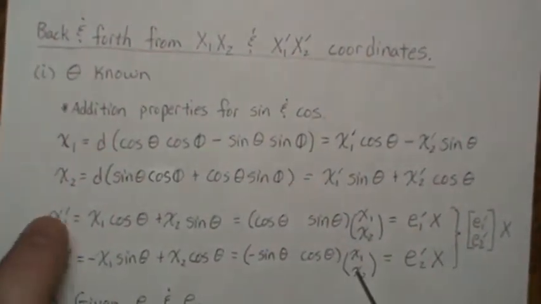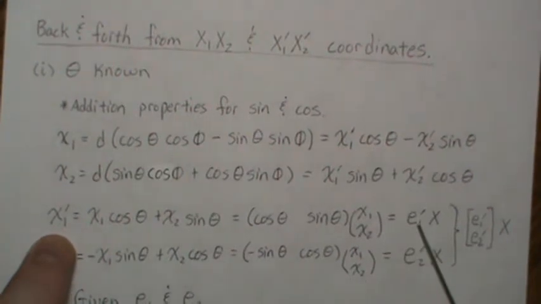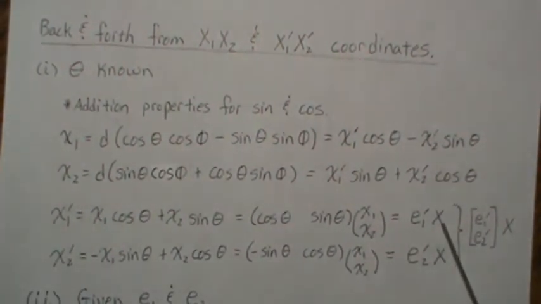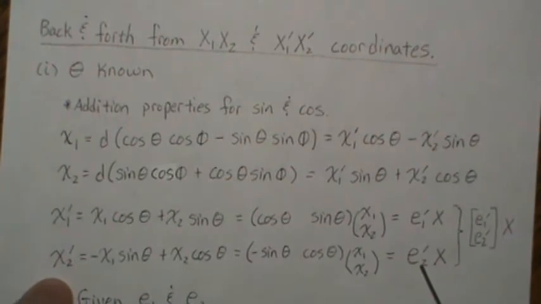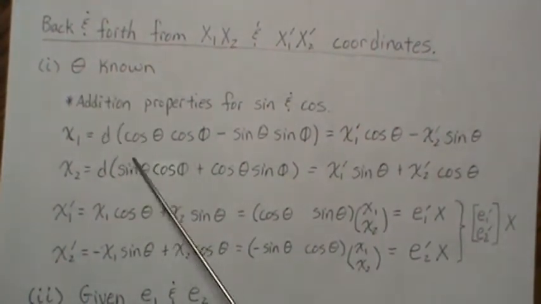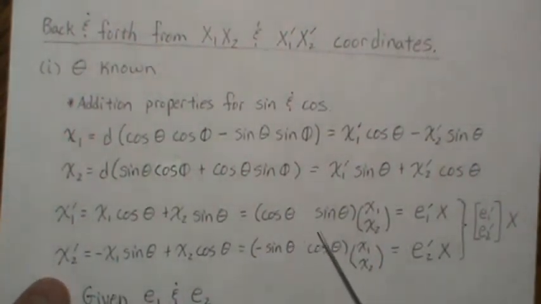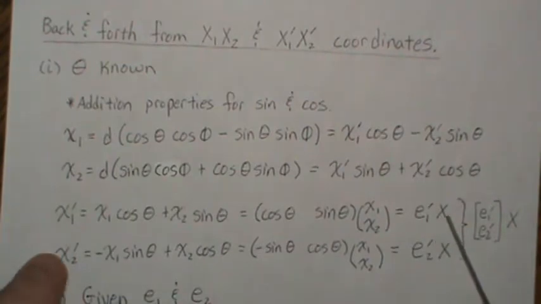And so to get the transpose coordinates, you just take E1 prime times the X vector. And X is X1, X2, and the same way here. And that's how you get the rotated axes for X2 prime. Okay? So now if you know theta, then you can find the rotated axes, and then that's just how you